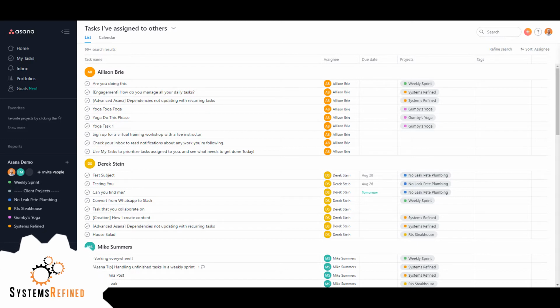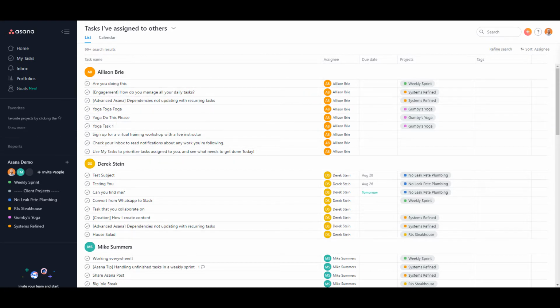Today I'm going to show you how you can view all the tasks that are assigned to your team members. If you're using a free version of Asana, unfortunately you don't have this awesome view here where you can see all the tasks assigned to all team members in one window. But I will show you what you can do so you can still see all the tasks assigned to each